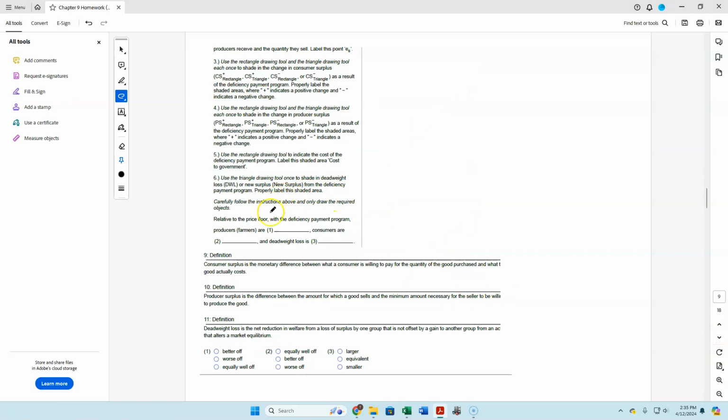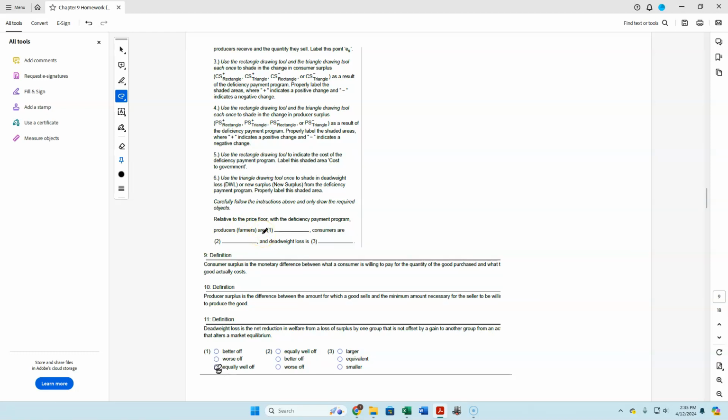So if we were to look at this relative to the price floor, what happens when we provide these deficiency payments, meaning that we pay producers when consumers don't buy enough? Well, in essence, it doesn't make a difference. Farmers would be equally well off. Either they're going to get higher prices from the consumers that remain, or there's going to be fewer customers, and the government's just going to give them the difference.